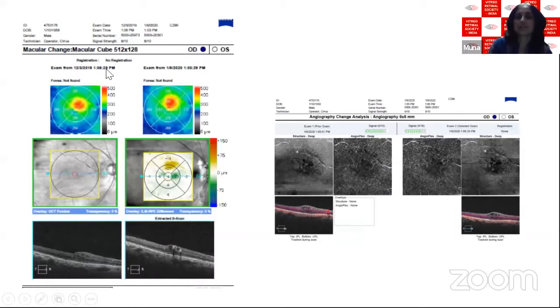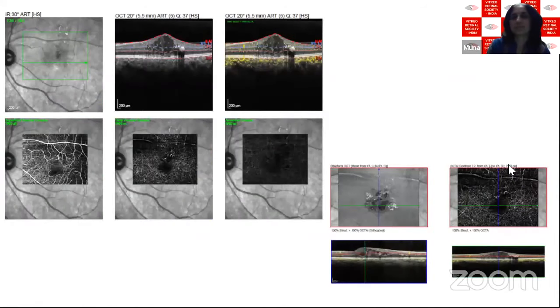And this is a patient who had a localized edema, a diabetic macular edema. And you see in the deep plexus, you see the single microaneurysm, which is responsible for the edema. So this is a way you can ideally target the microaneurysm even for focal treatment.